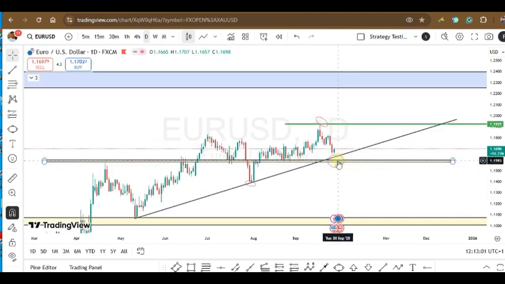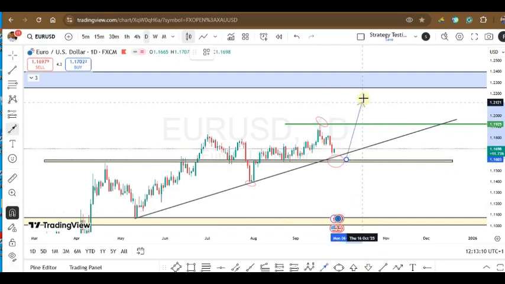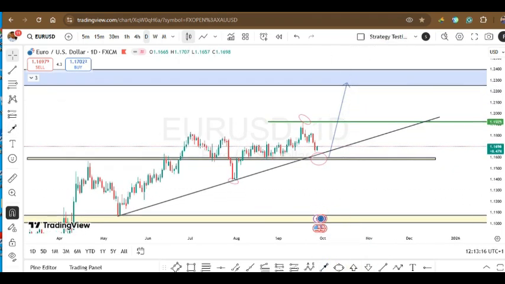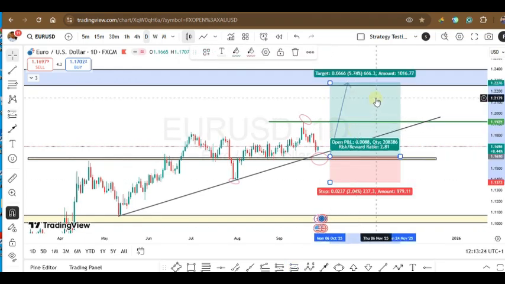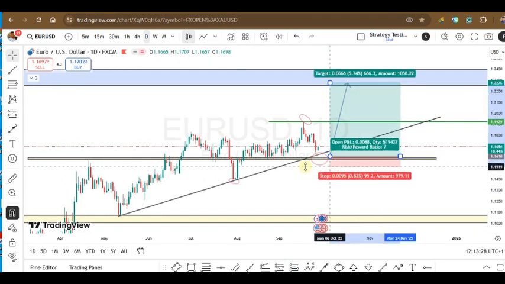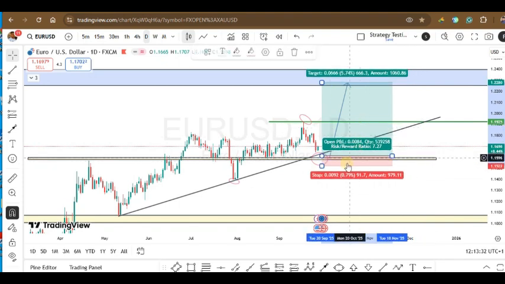So if price should come here, touch this trend line for the third time and touch this support level, then you should see a bounce up right from there, from all here to this high. And if I calculate the pips, we're going to have something like 666 pips, and our stop loss is going to be just below this resistance level. So I would like to take an entry from here, stop loss here, and my target back to